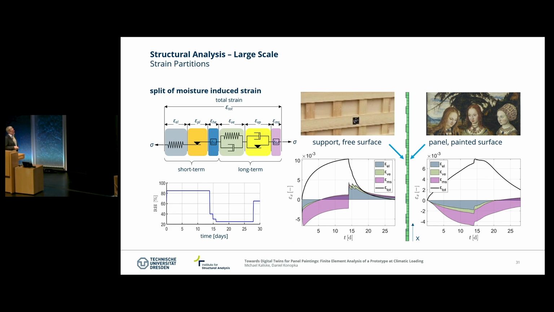So we can take here our continuum mechanical description and have on the one hand the overall response. Here the black lines are the overall response, the summation curve of the strains at one location at the back of the panel painting, and the other one is right beneath the paint layer itself. And these summation curves are formed out of the different contributions which are identified here, and the colors stand for the different rheological elements as well. So they are summing up one step after the other, one contribution after the other.